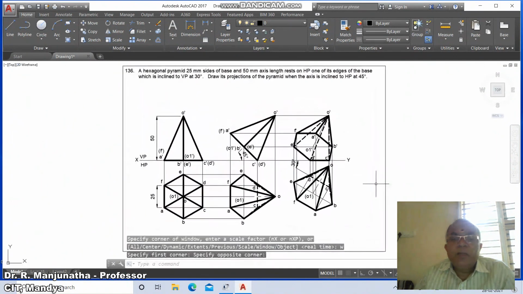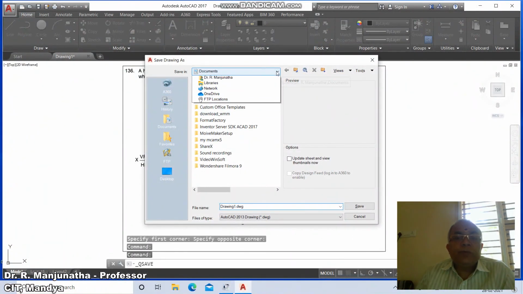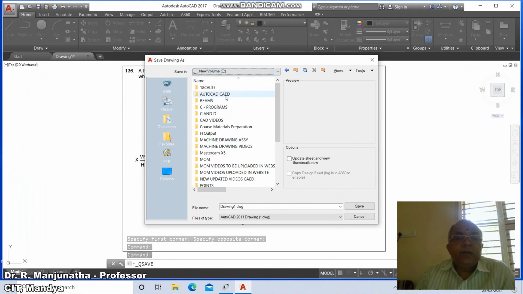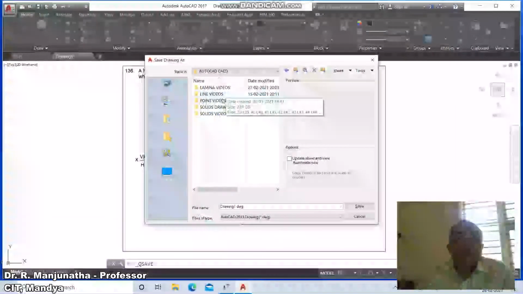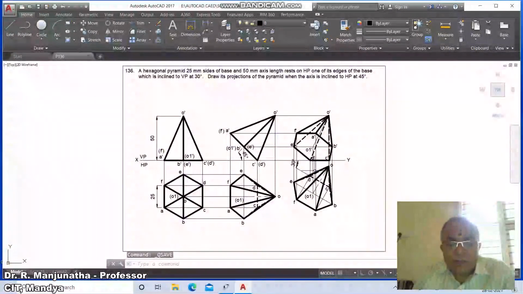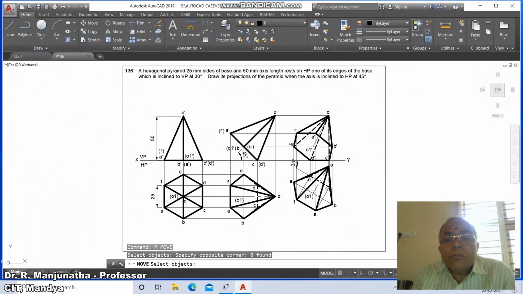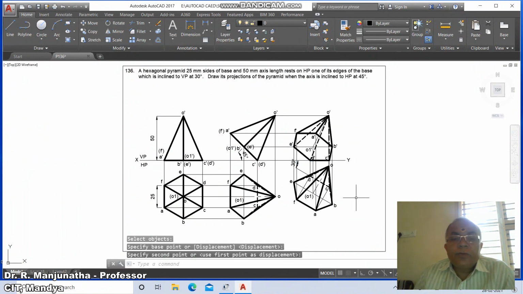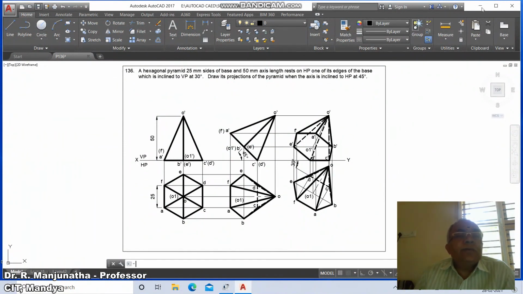Once you do that, then go to save this and go to the appropriate directory, go to AutoCAD, go to solid drawings and say P136 and save it. Once you save this, you just move. Once you save this, then you just say again, you save this and say